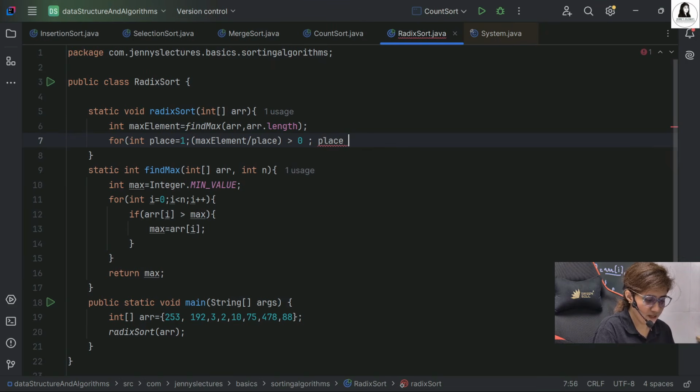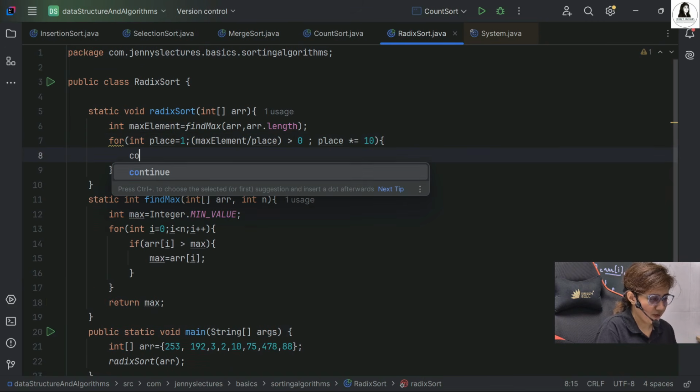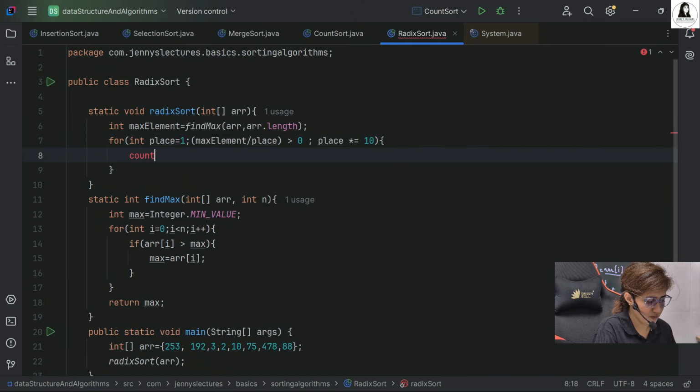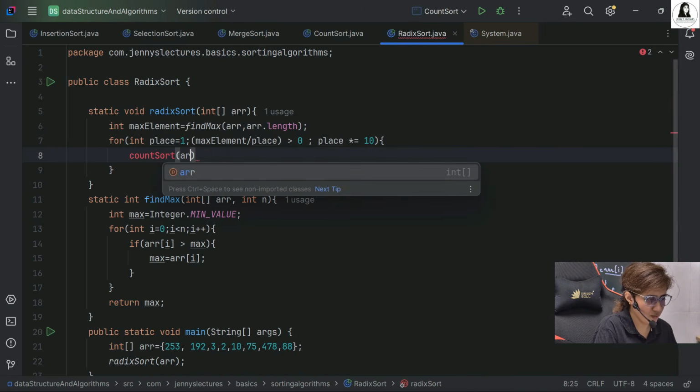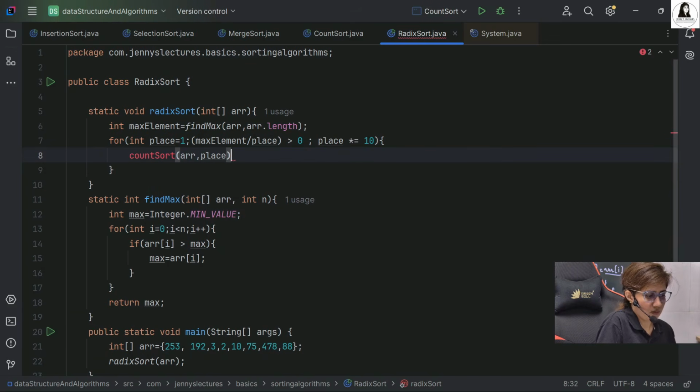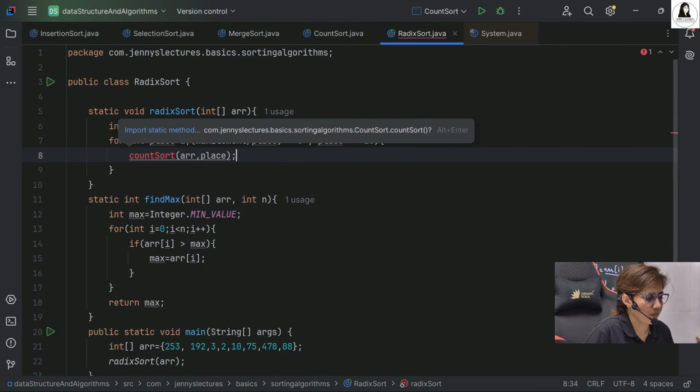Then we update place by multiplying by 10. And for every pass, for every digit at that place value, we call count sort by passing the array and whatever the place value is right now.